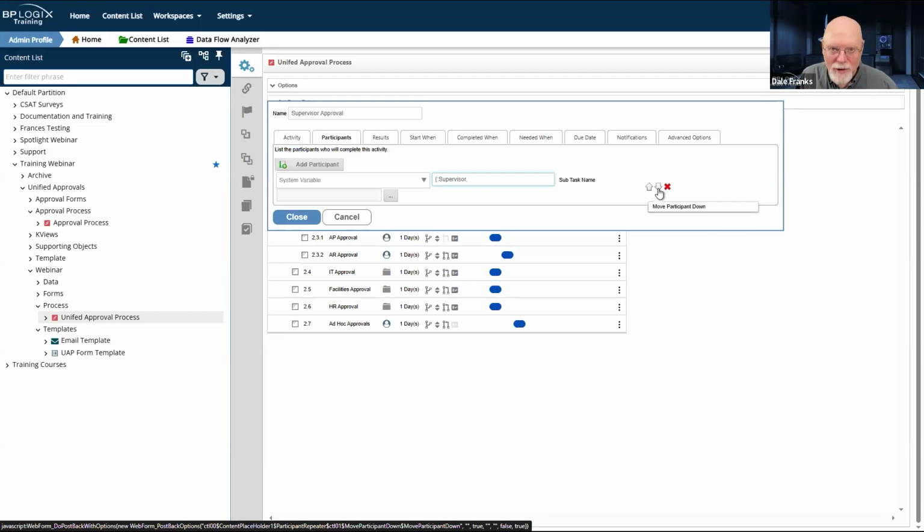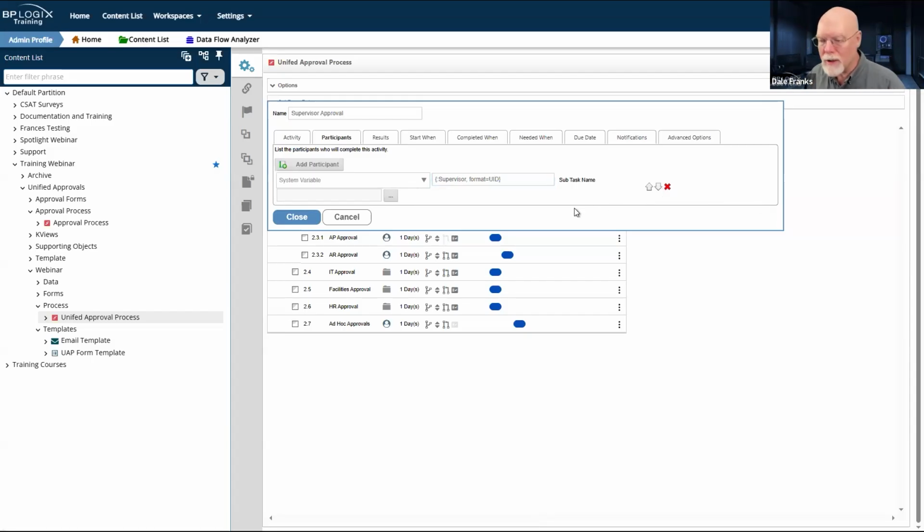In system variables, that is remarkably unhelpful. We don't want to use that. So we are going to need to use a formatter. We are going to need to format equals UID. This will force the system variable to return the user's UID. That is important because that is how users are identified in Process Director.